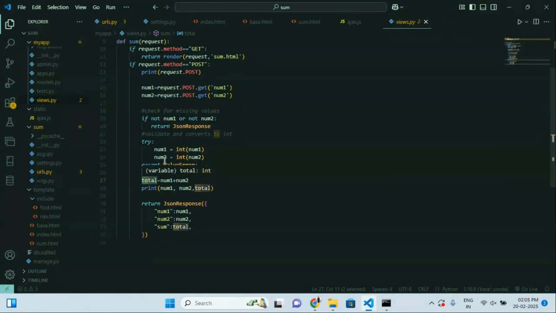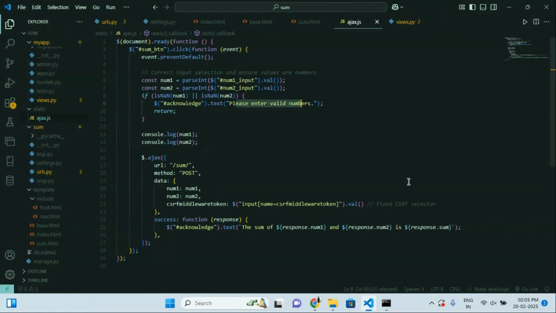Inside the acknowledge div, you have to print the sum of response dot num1 plus response dot num2, fine, and response dot sum. Now we will get to know sum is not available for this sum part. Let's go to the views,